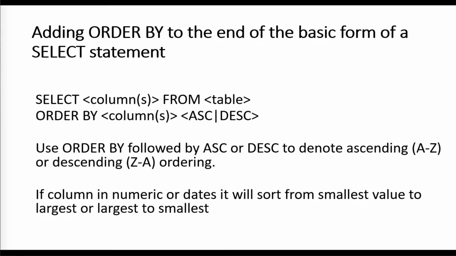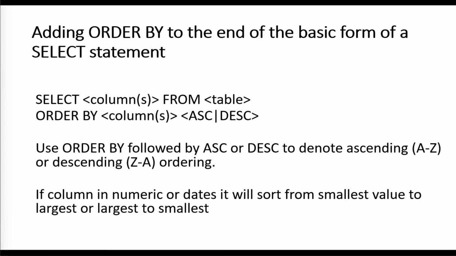So to order or sort the results of a SQL statement, all you do is add the keyword ORDER BY, that's got a space in it, to the end of the basic form of the select statement. So here's an example. Select some set of columns, we know we separate those with commas, from some table. And then we say ORDER BY. You'll notice I'm putting all of the SQL keywords in uppercase, but it's not required that you do that. So ORDER BY, and then a list of columns again